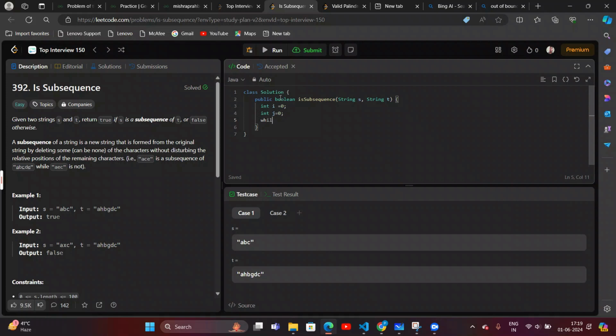Now the base case is that while I is less than s dot length, don't forget to put the brackets here, and j is less than t dot length, then what we are going to do is